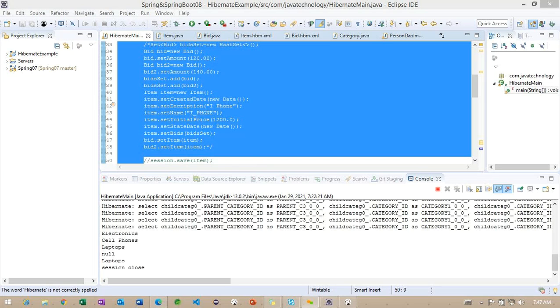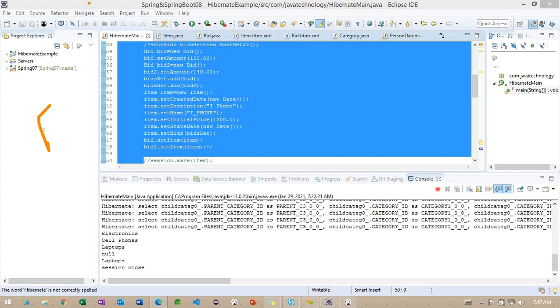Now observe here, what is the drawback we are going to get first? When the transaction is committed sometimes before the query execution, getting the point, before query execution, whenever we are trying to commit the transaction, this session dot flush comes into the picture to save the data into the database. The flush has different properties.